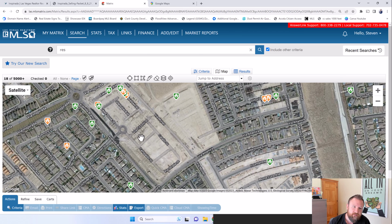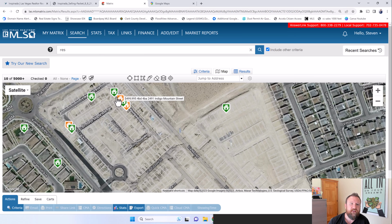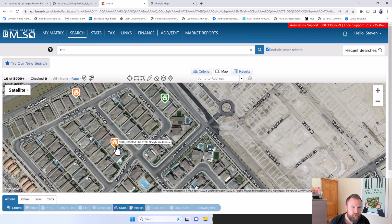The price point here is actually going to be a little bit better. So you're going to be around the 400s on up for this community. And then over here, Toll Brothers is 500 on up. There was one for $499, but that one sold immediately. Of course, that's under contract. 584, 594, 600, 689, 789, and 609. So that kind of gives you an idea of where those prices would be. These larger single family homes that are right next door, 975, $1 million, just over $1 million, 600, depending on